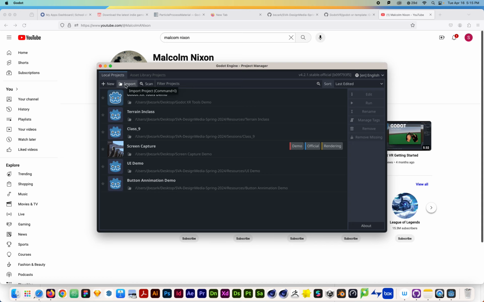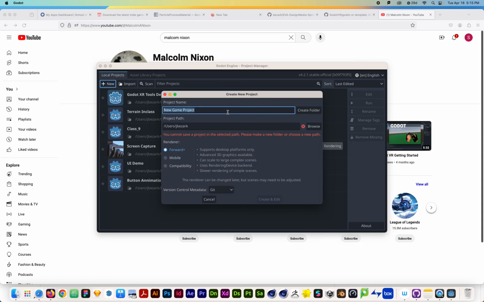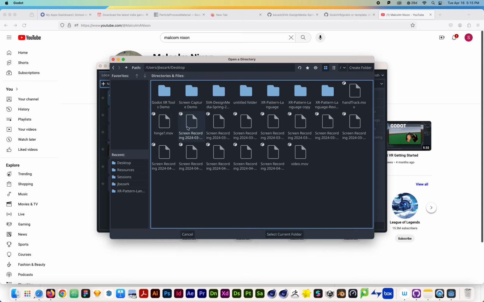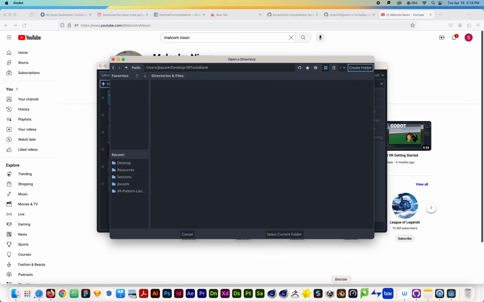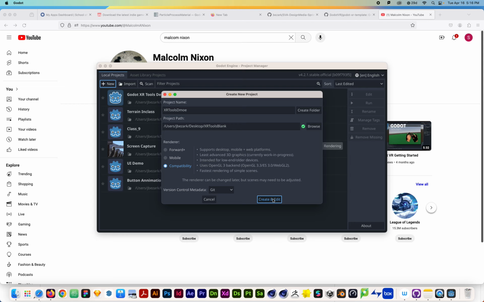So I'm gonna make a new project. I'll do XR, I'll call it XR Tools Demo. So the thing that we just looked at is how you would maybe use this plugin, XR Tools, to create stuff. Now I'll just show you how to actually download the plugin itself to use in your own project. So I'm gonna click Compatibility. I'm gonna go to the desktop. I'll call it XR Tools blank. Select, create,